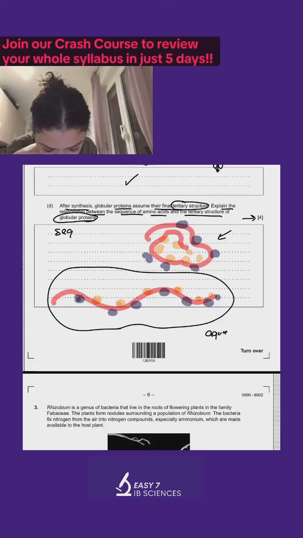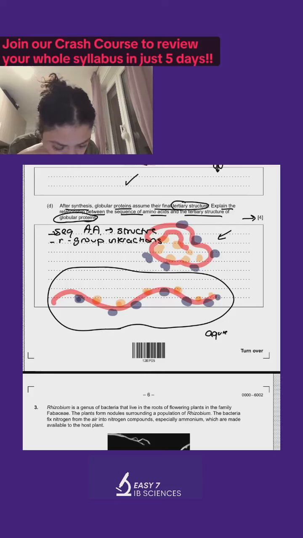I'm just going to say amino acids determine structure. And just like you said, R group interactions. You have to say they can be hydrophilic and then hydrophobic. And then what you have to specifically say to get the remaining marks is to say the